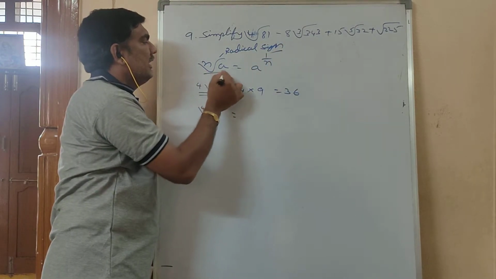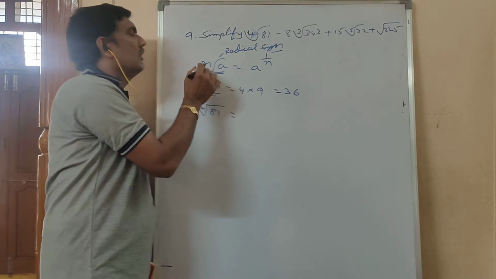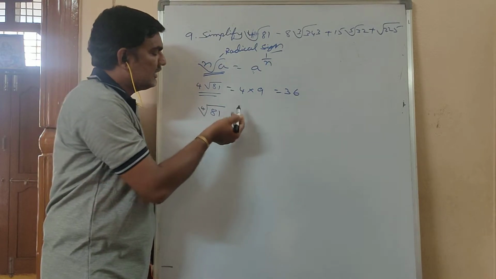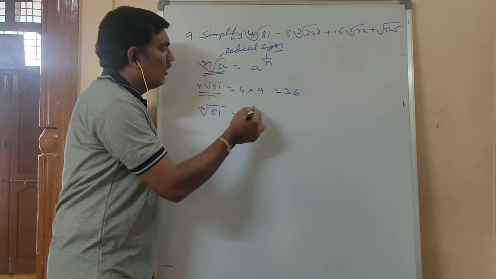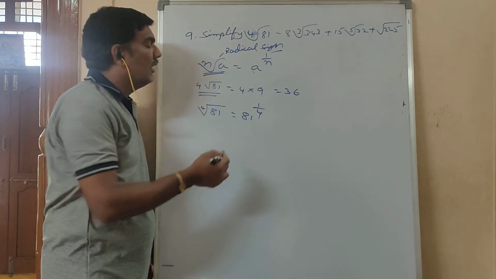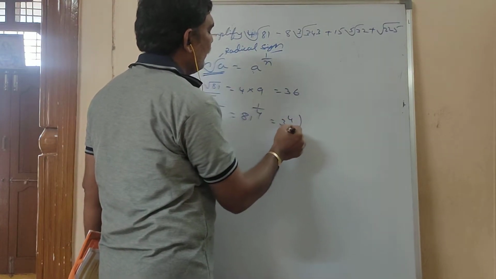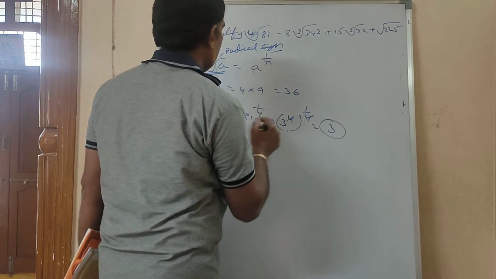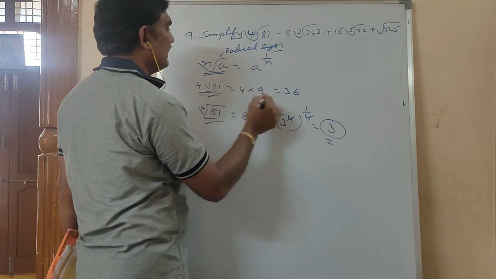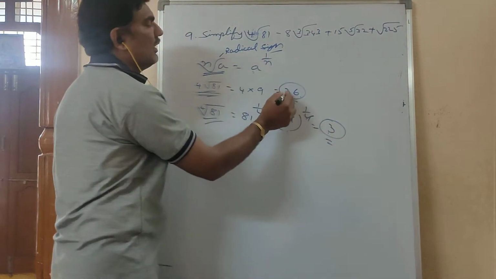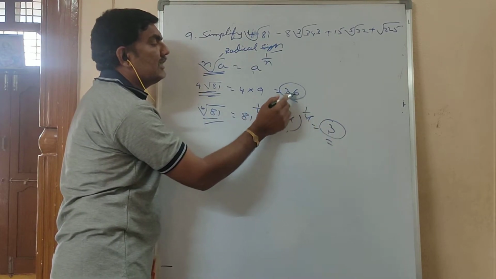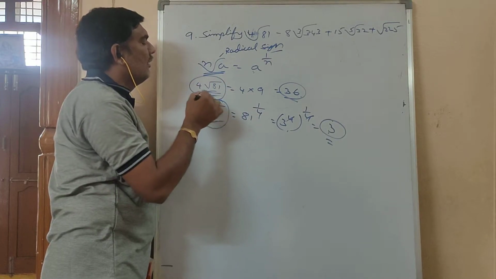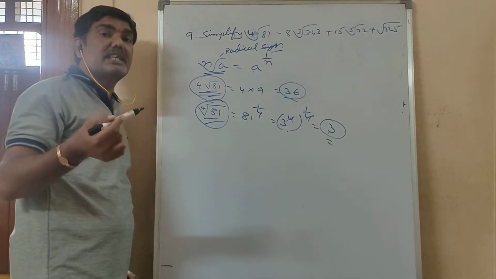It is radical form and it is exponential form. Its simplification is 81 to the power of 1 by 4. How can you write 81? 3 to the power 4, whole power 1 by 4. The 4s cancel, and its answer is 3. The other answer is 36. No student will say 3 and 36 are equal. But most students will say that 4 into root 81 and 4th root 81 are the same.